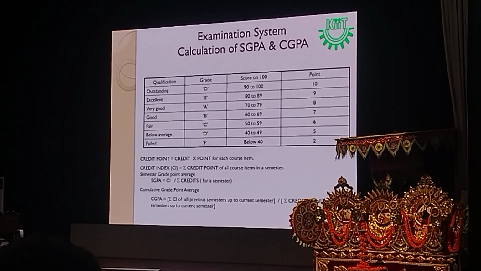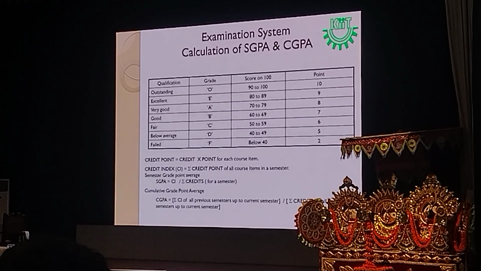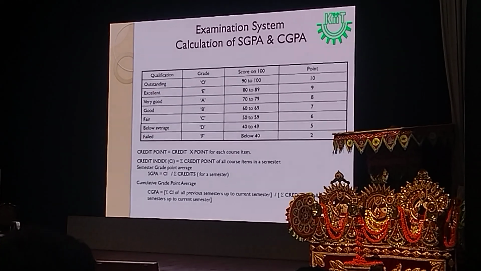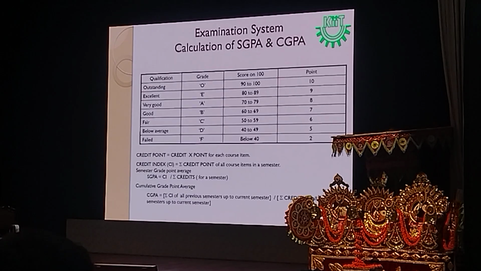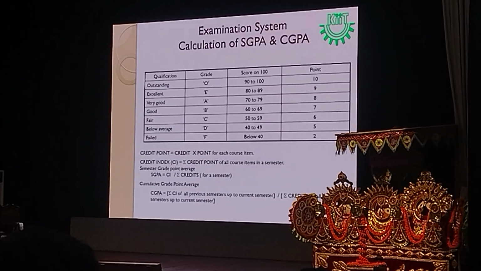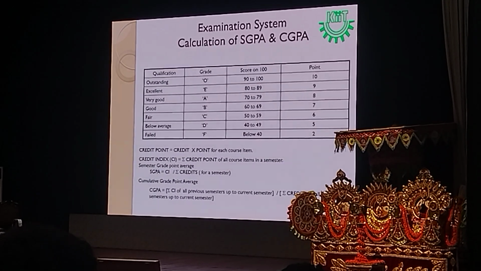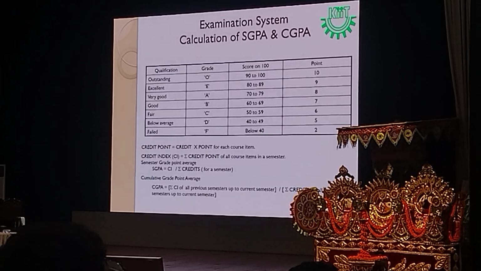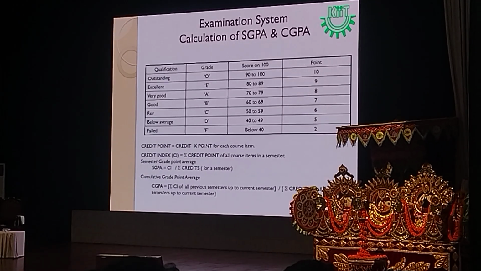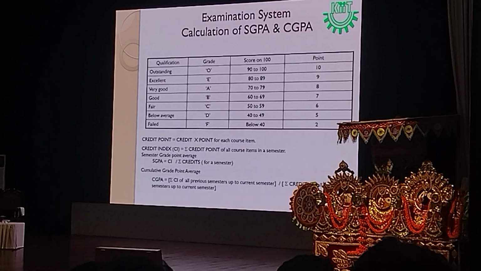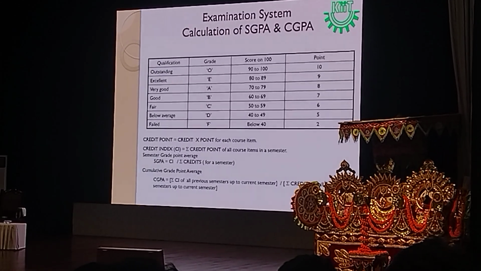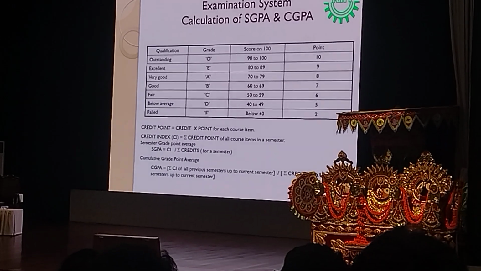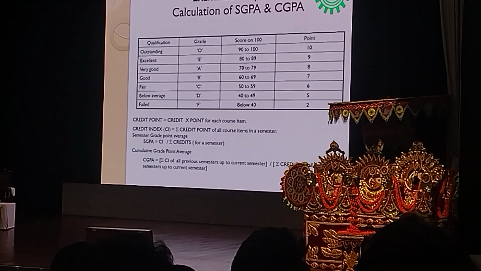And the last point, that is the grade point, we follow a 10-point scale. 10-point scale means the maximum point that you can get in a subject is 10. So if you have scored O grade, then your grade point is 10 out of 10. If you have scored E grade, your grade point is 9 out of 10. In that way, all the grades are assigned some grade points. The F grade, which is below 40, means that you have not earned the credit assigned to that subject.